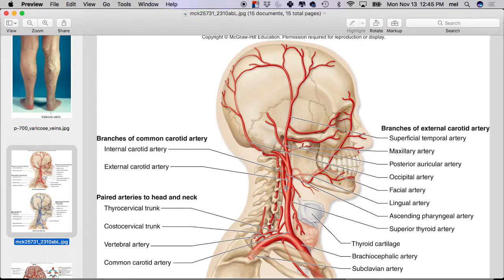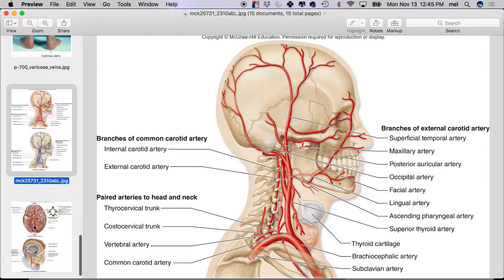You follow them to see if it ends up outside the head or inside the head. Does that make sense? So the external carotid will supply the outside of the head and the skull, right? Make sense? And the internal carotid will supply the inside of the head and, importantly, the brain. So the internal carotid arteries are going to supply the brain. So follow this in. It would go through the carotid canal, and then let's see how the brain is actually